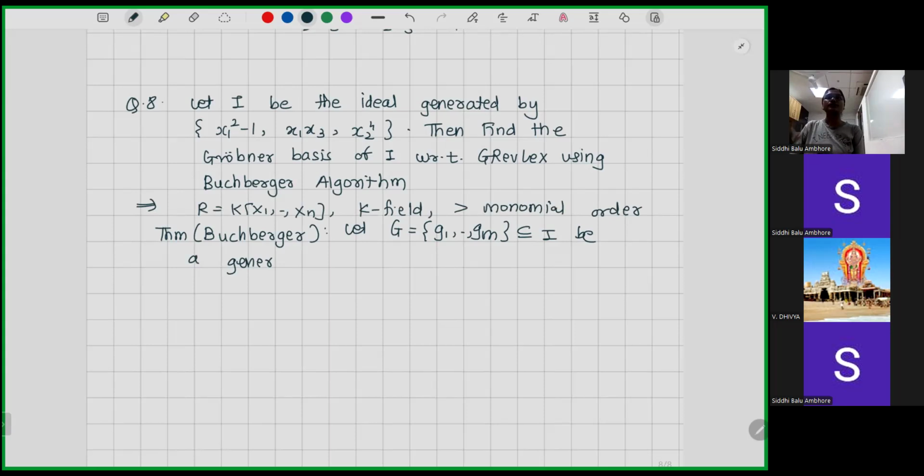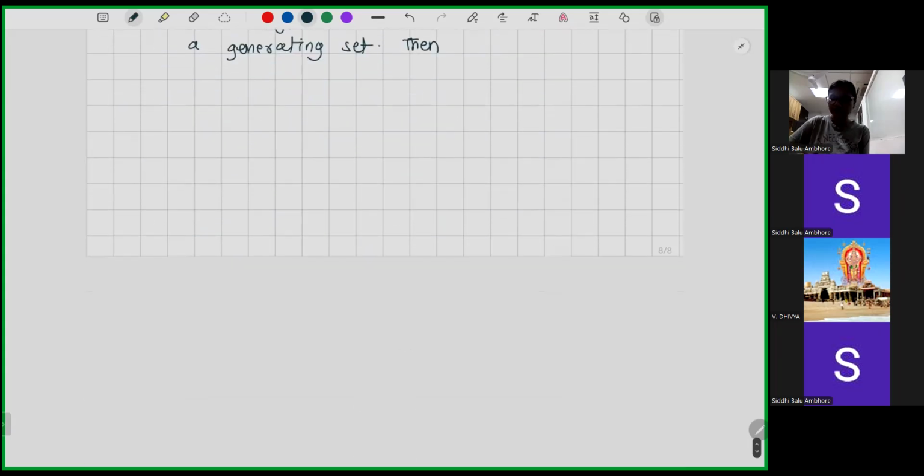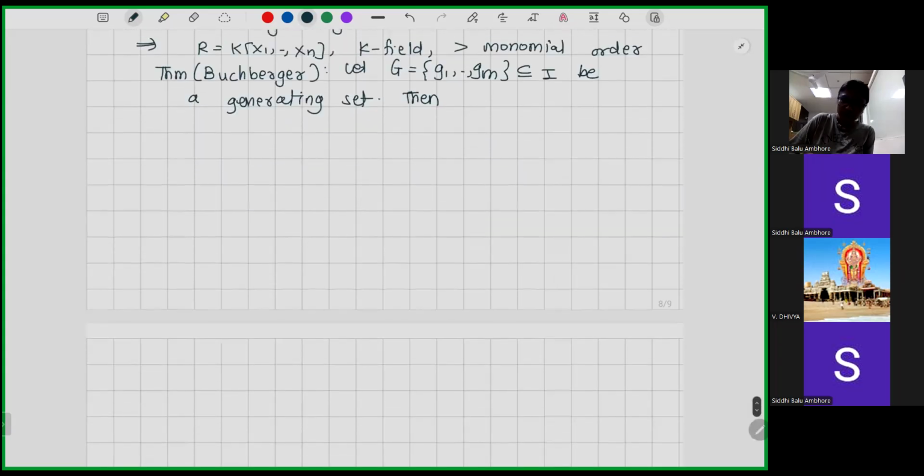Then we consider G, the generating set of I. Then this generating set G is a Grobner basis of I if and only if